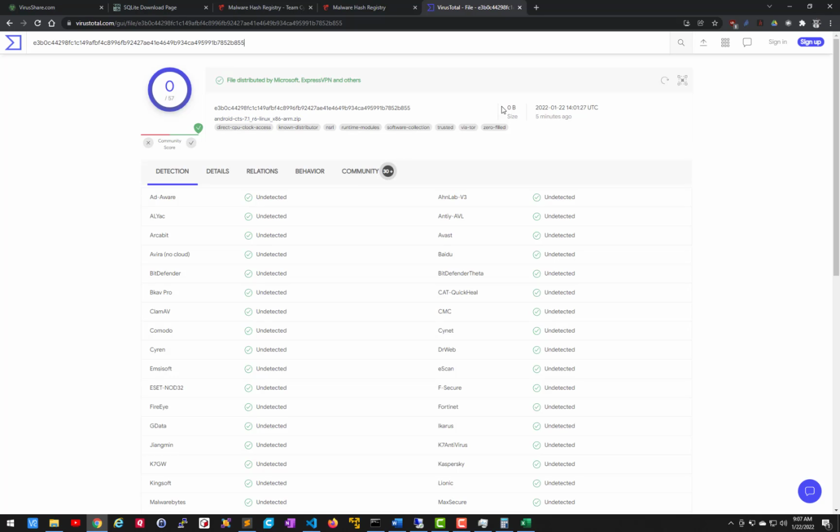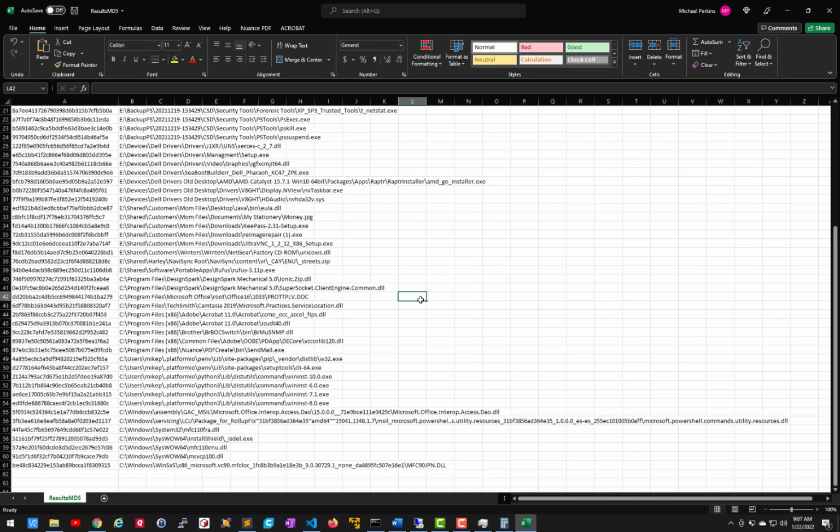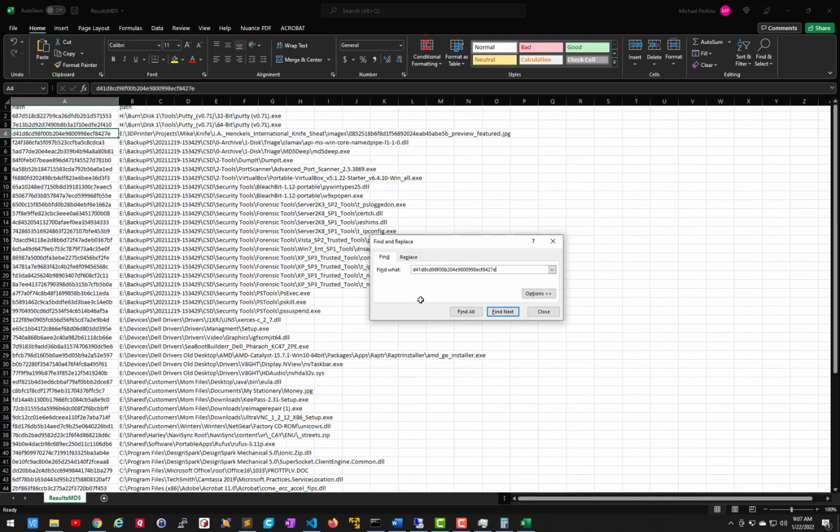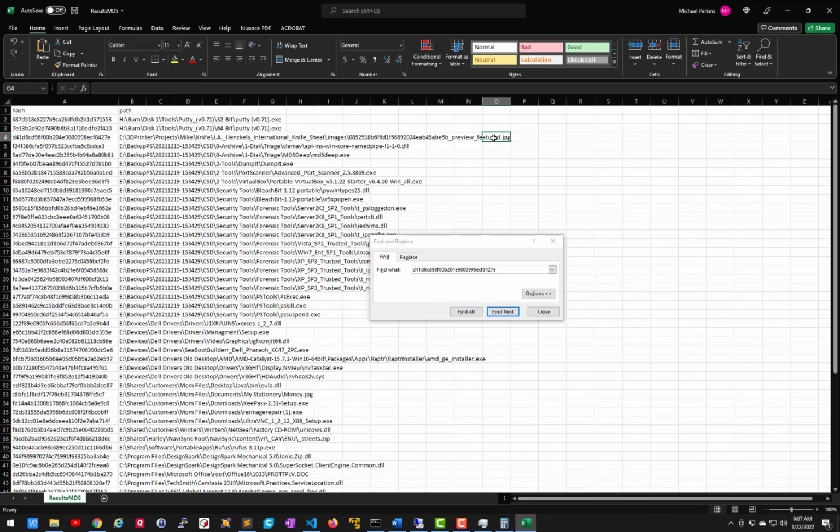But searching through, notice it's 0 bytes. So the file name could be different, and if the file is 0 bytes, it's going to return the same hash, even with different file names. So if I open our window back up, do a Control F, I can see right here that there's an image. So if I grab the whole path